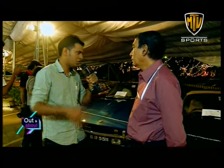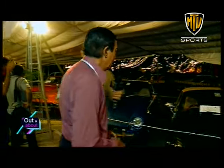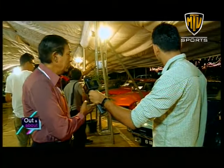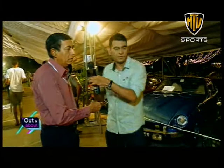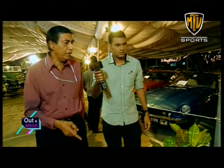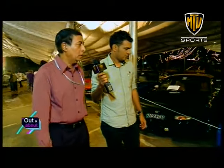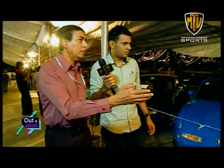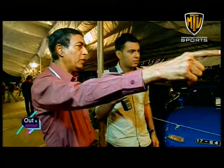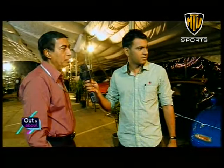I see. And could you also just take us through some of the cars over here? Yeah. This is a Fair Lady, which is the Nissan Datsun. This is the Mazda Miata. And this is also a Mazda Miata. This is the only car that has come in from the States. Left-hand drive, as you can see. This is the MR2 Toyota. And there is also the other MR2 and so on and so forth. So basically from there up to this, you have 7 or 8 Japanese cars, which are now collector's cars